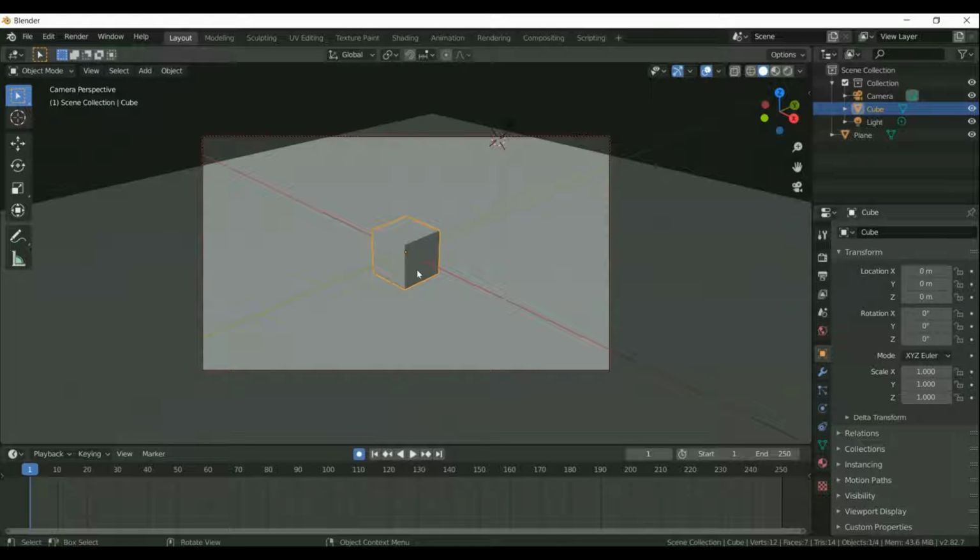So for moving, we just click on G, and with G we can move the object around the Y axis for moving the cube. After moving, it is visible that something happens there. There is a keyframe that gets inserted under frame 1. So for our animation, we only need 20 frames. In order to end the frame at 20, there is an option seen here.